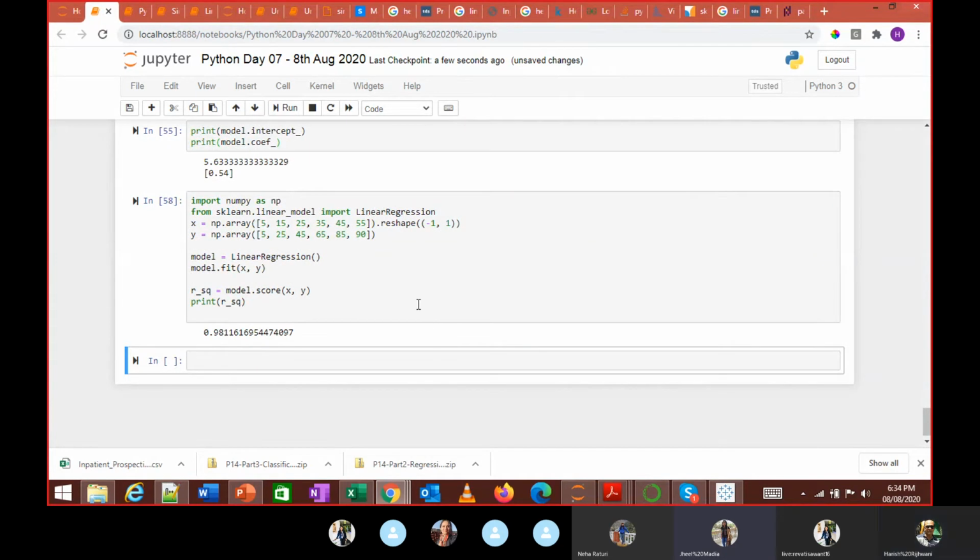Yes. Because I had changed these values. So you can actually try this for any other value which you want.